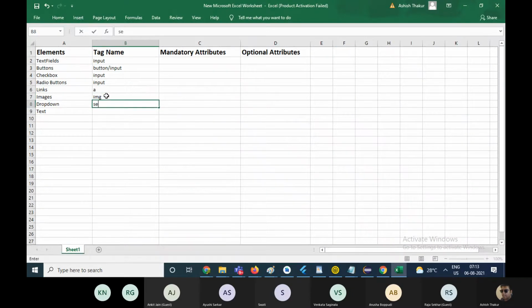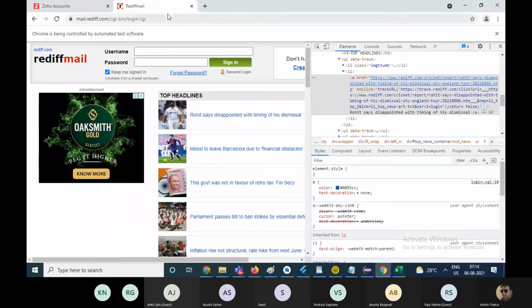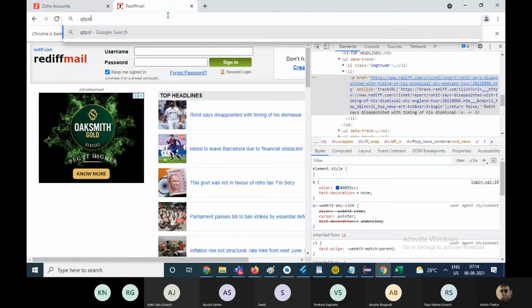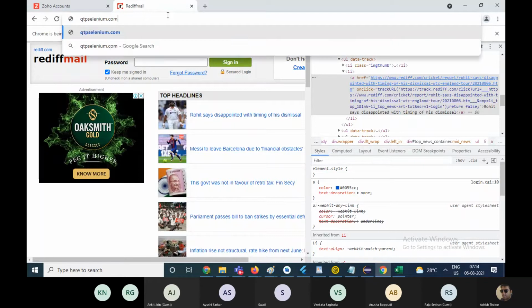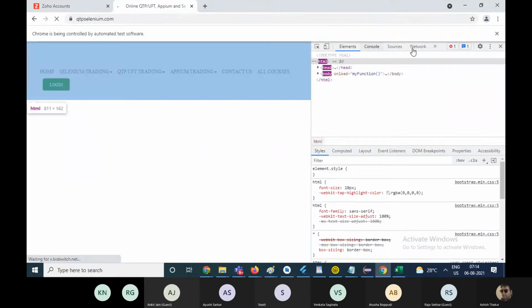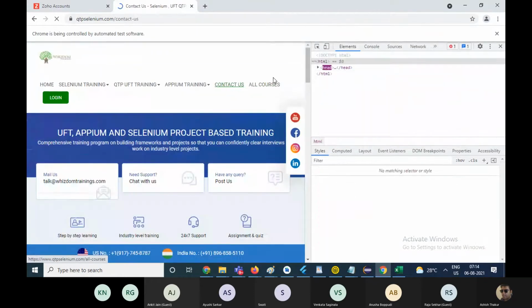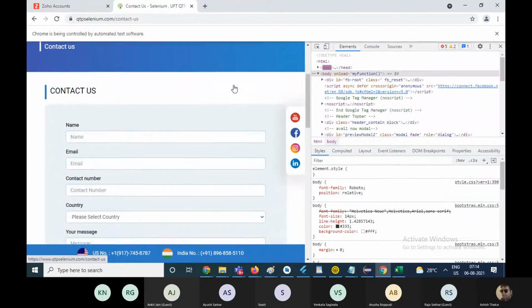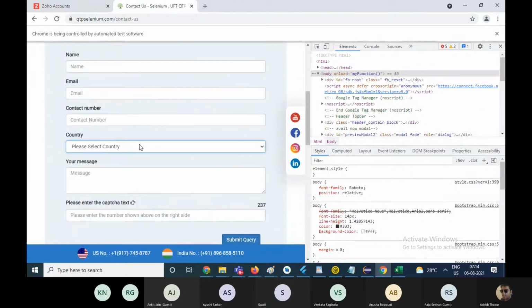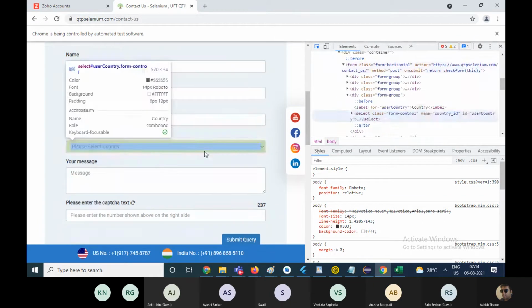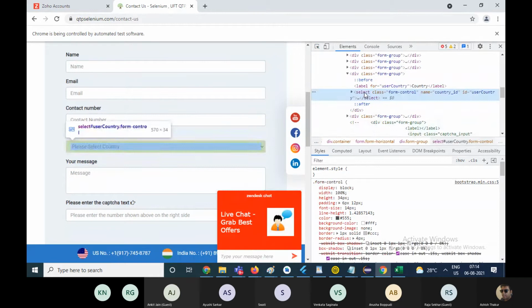For a drop down, it is select. For example, if you go to our website qtpselenium.com, and if you go to the contact us section, you will see a drop down. If you investigate this drop down, the tag name for a drop down is always select.